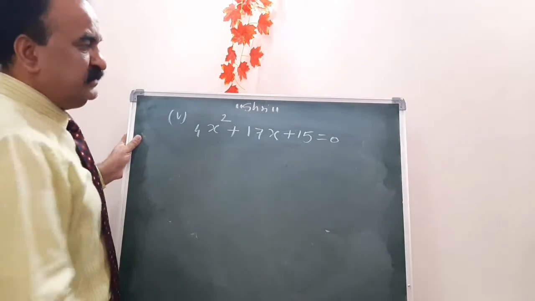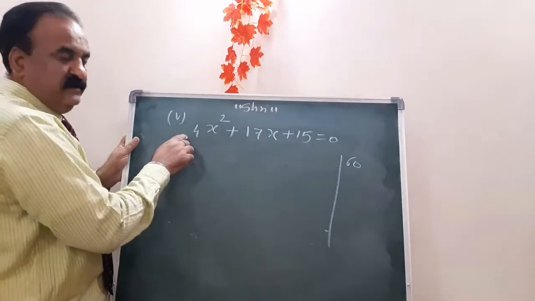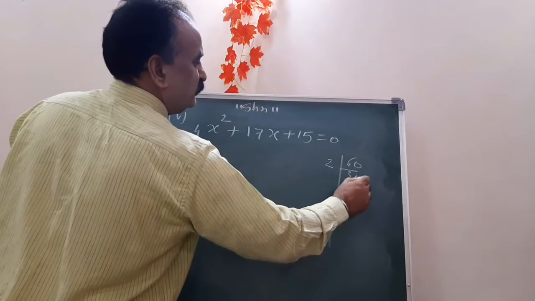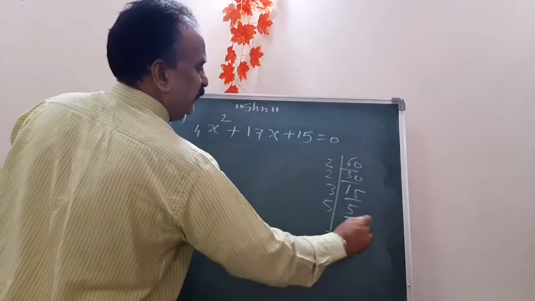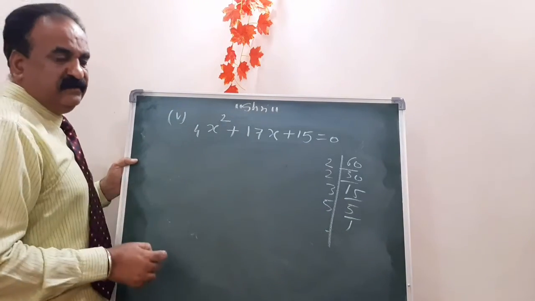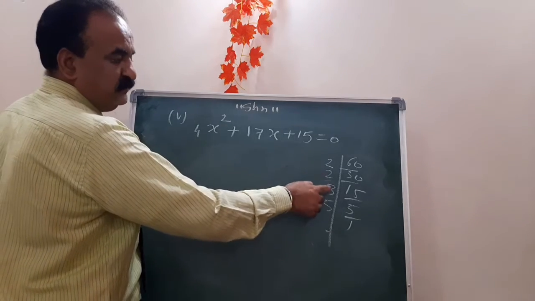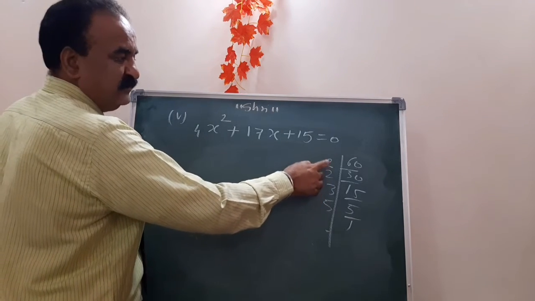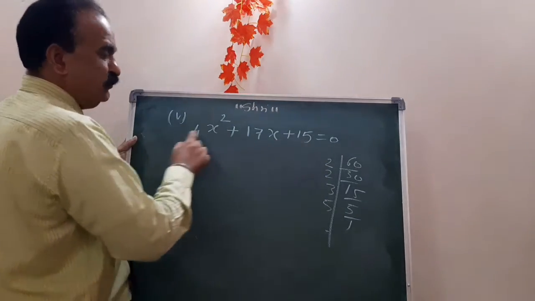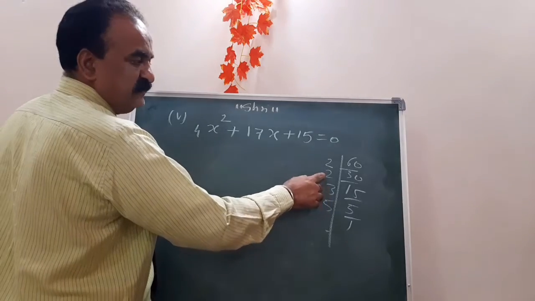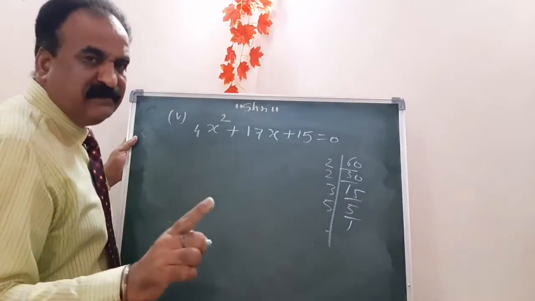Again how will you do? Just find out the prime factorization here. 60, 15 fours are 60. 2, 3, 2, 15, 3, 5, 5, 1. Now here you want 17. So how will you get 17? See, 3 twos are 6. 6 twos are 12. 12 into 5 is 60. 15 fours are 60. And 3 twos are 6, 6 twos are 12, and this is 5. It means what are the numbers? 12 and 5.